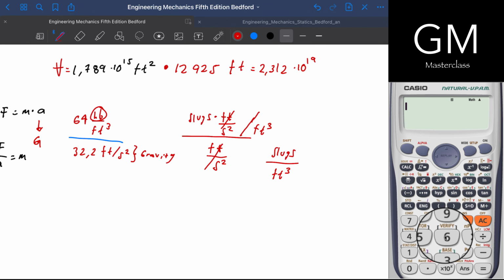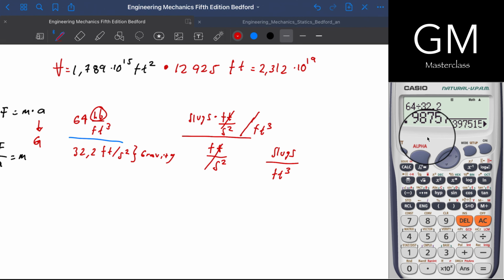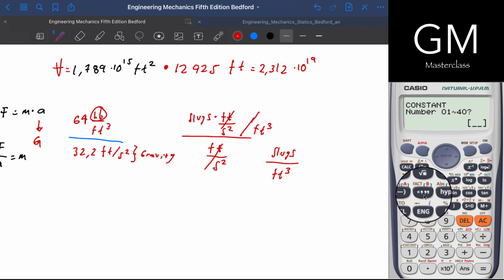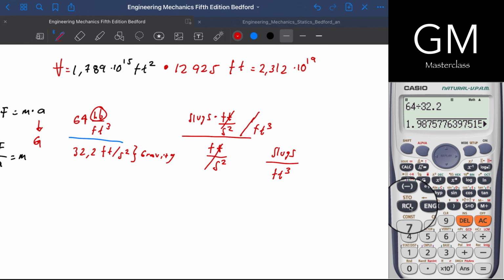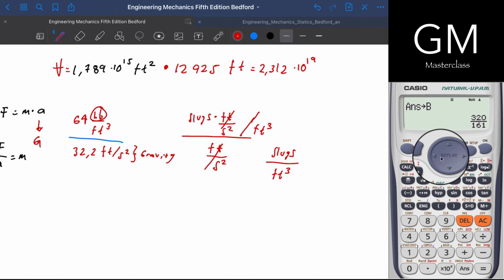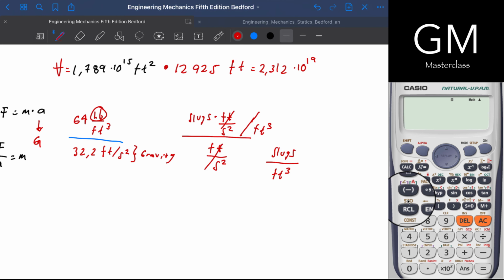Alright, now 64 divided by 32.2 is equal to this huge number, and I'm going to save this number into the B. Alright, now that I have this,